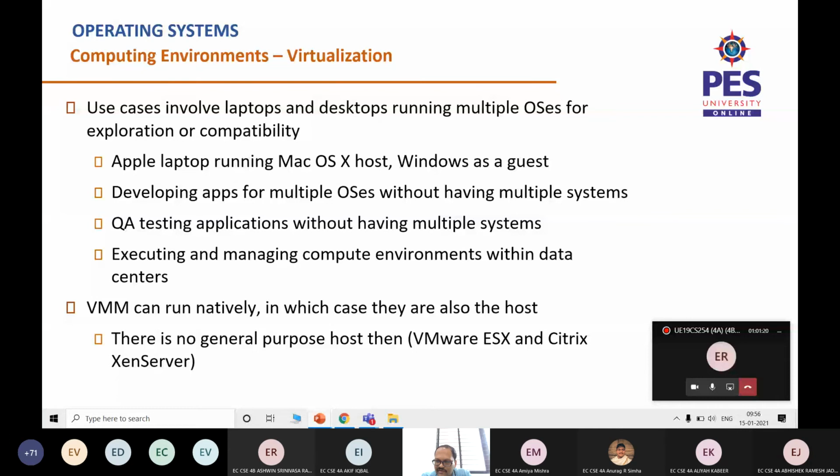Rather, I use virtualization. In one system I execute all these things, and the same code can be tested on multiple OSs, and we can be sure that the cross OS compatibility is basically assured. All this virtualization has a central concept called VMM, Virtual Machine Manager, which takes care of running these particular codes in their native interface.